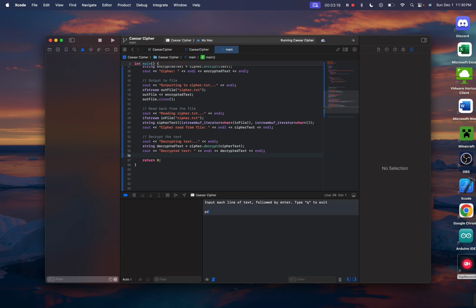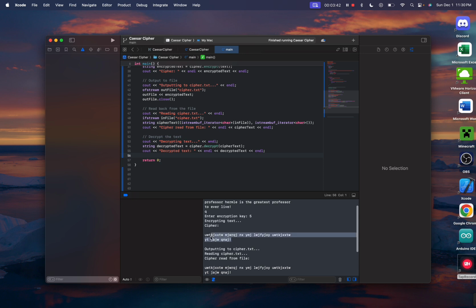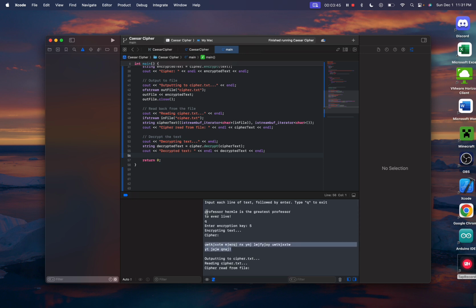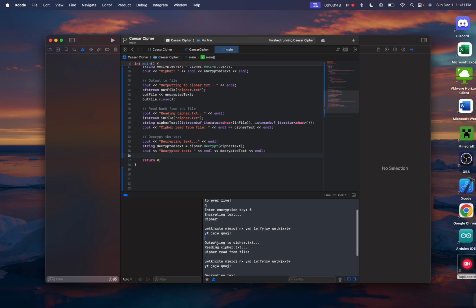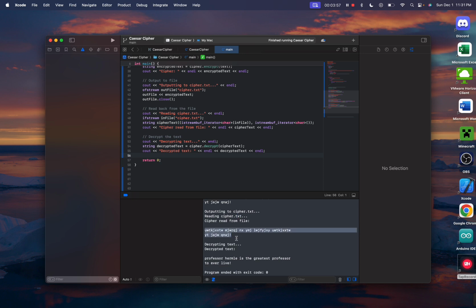So here I'm just going to say there, and then I'm going to quit. Now let's just say the encryption key is 5. So here is the encrypted version of my input, and then it states here that it's output to the ciphertext, and then I read it, and then this is outputting what's in the file, and then this is